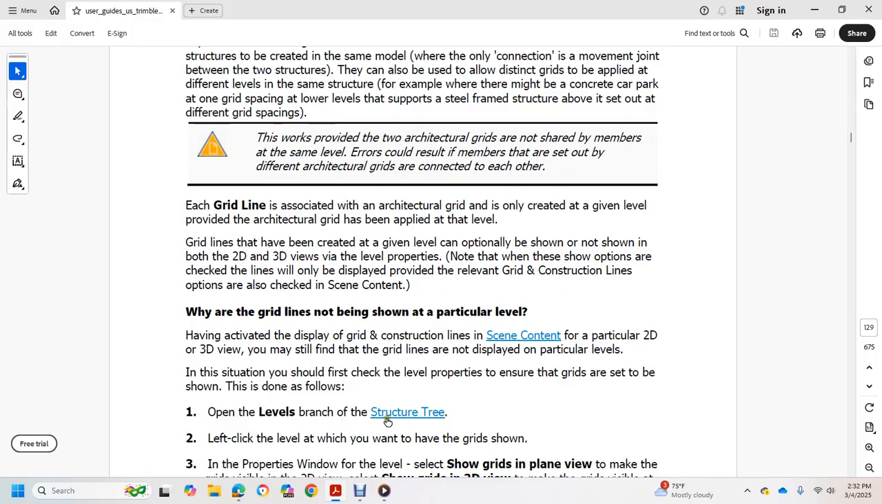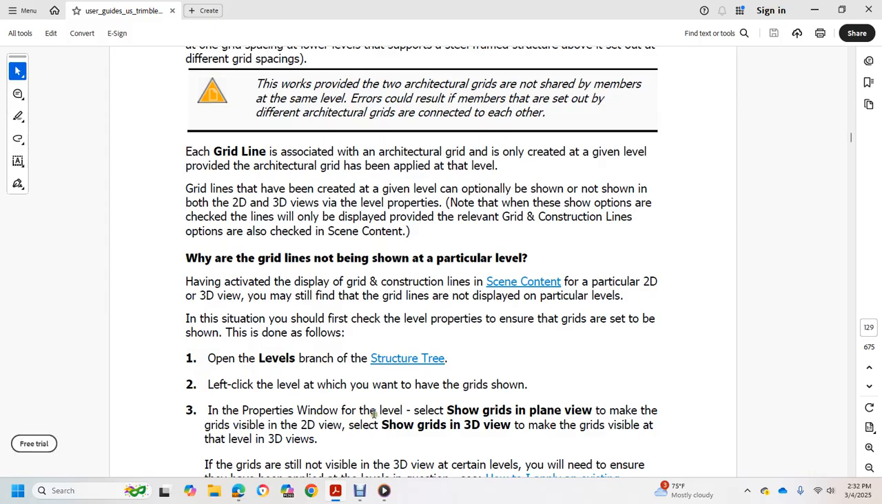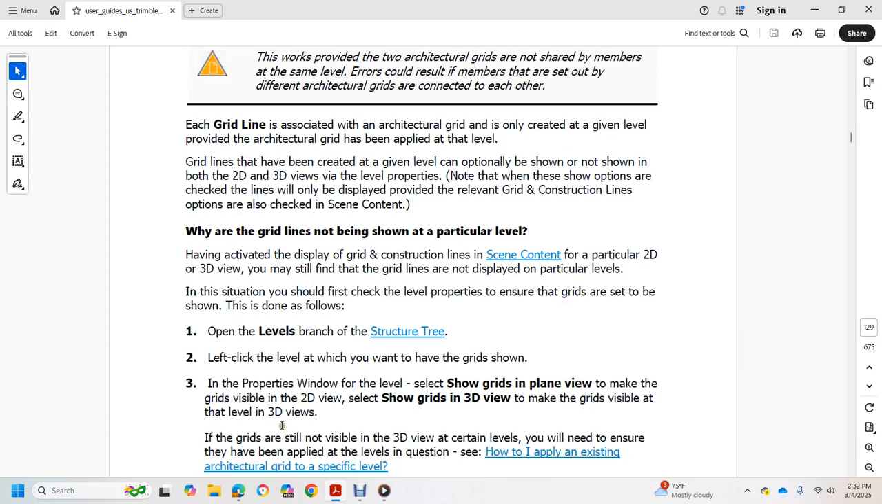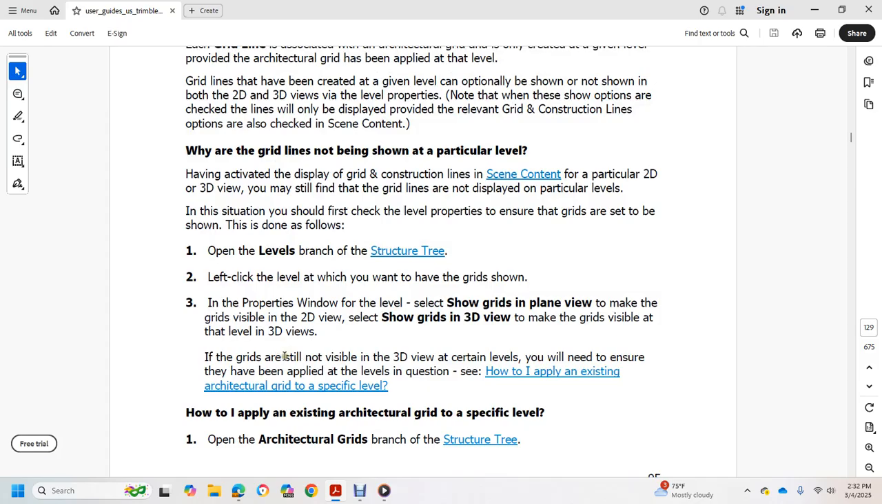1. Open the levels branch of the structural tree. 2. Left-click the level that you want to have the grid shown. 3. In the properties window for the level, select show grids in plan view to make the grids visible in 2D view, and show grids in 3D view to make grids visible at that level in 3D views. If the grids are still not visible in 3D view at a certain level, you'll need to ensure that you have applied